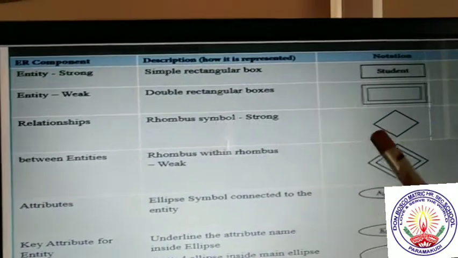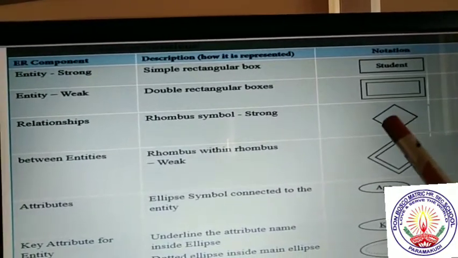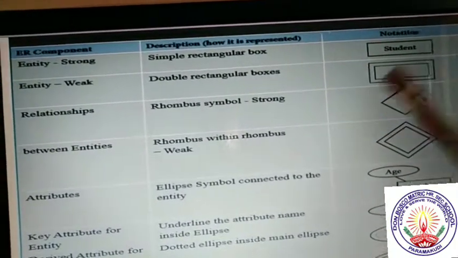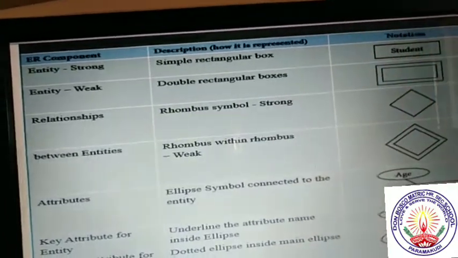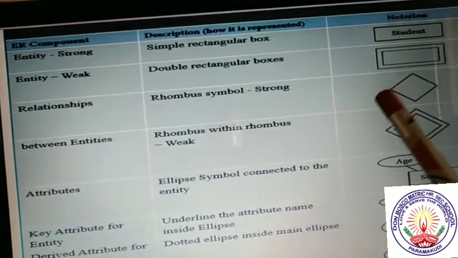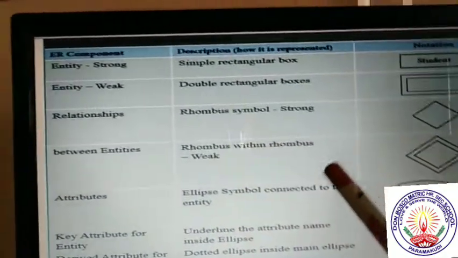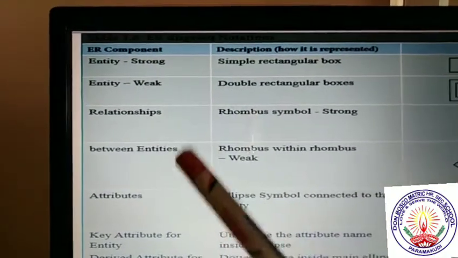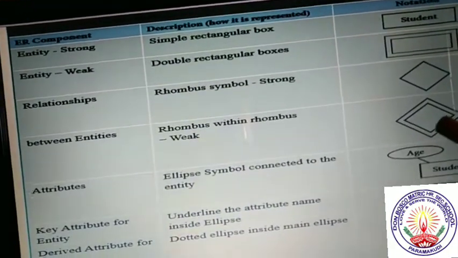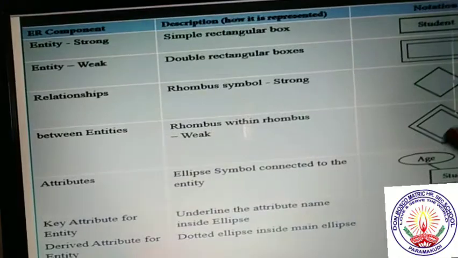And another one is the rhombus. So this symbol is used to connect each attribute or entity. So like the students connecting to the library, that time we have to use the rhombus symbol, okay. The relation in between two entities. So rhombus, and double-sided rhombus, will be connecting two entities, okay.